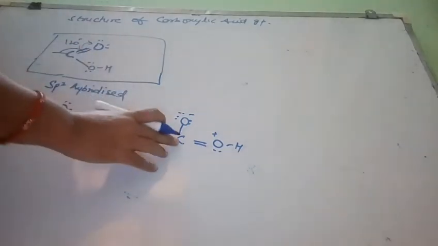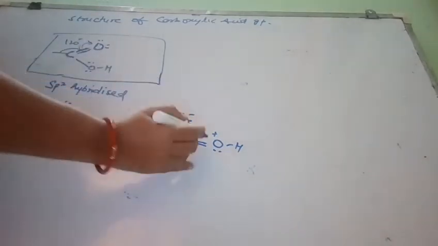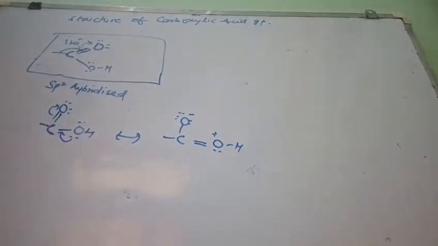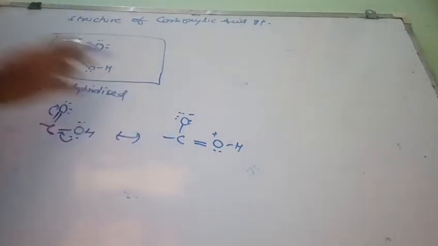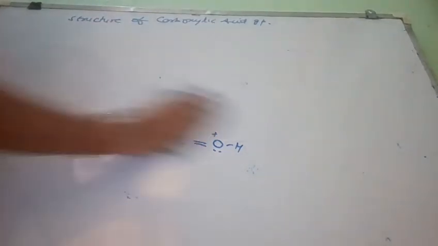The deficiency of electrons on carbon will decrease. Hence, the electrophilicity of this carbon will be lesser than that of the carbonyl group. So therefore those reactions which occur due to the electrophilicity of this carbon do not take place as easily as in the case of aldehydes and ketones. Got it? Now let us come to the isomerism in the carbonyl compounds.